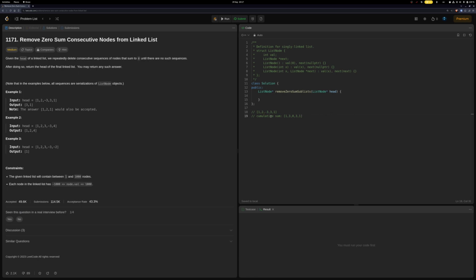So if we have something like, say, 1, 2, let's say we have something like this. Now it'll be like this: 1, 3, 1, 4, 5. Well, I guess two elements. When two elements are the same, that means,